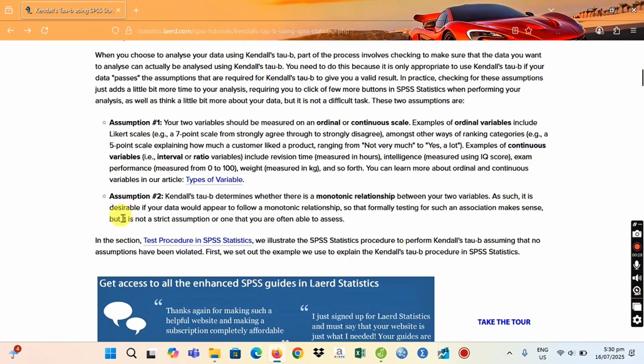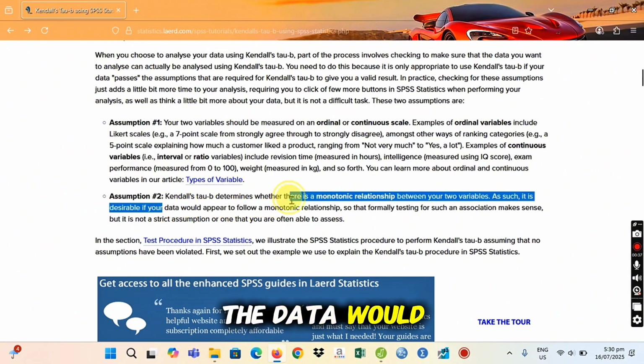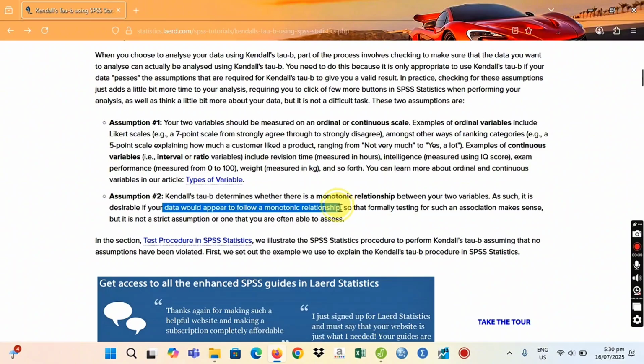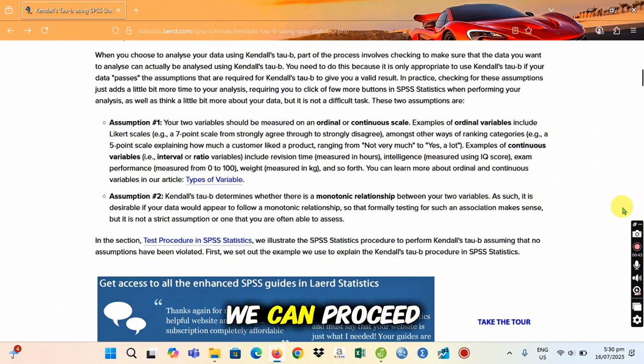Also, it is not a strict assumption, but it is also good to check, and the data would appear to follow a monotonic relationship. So basically, we can proceed with our analysis.